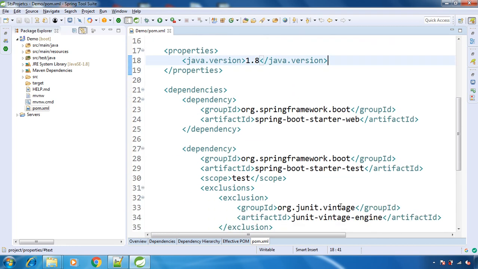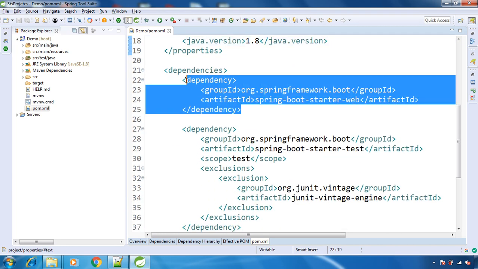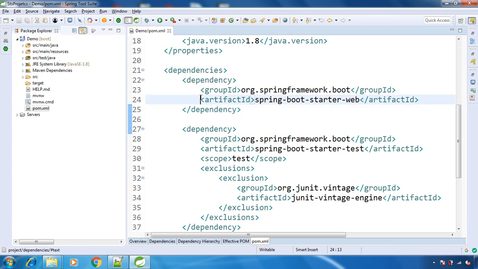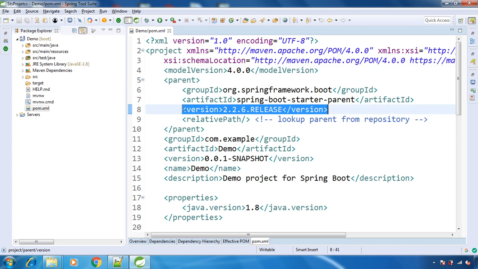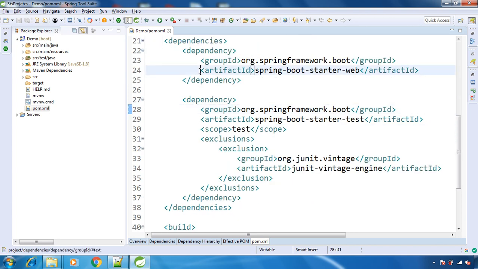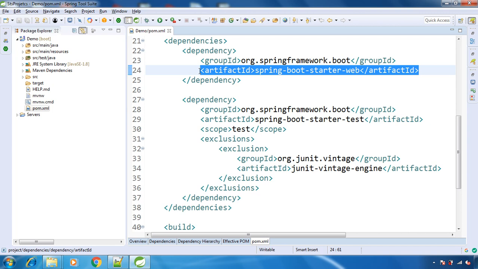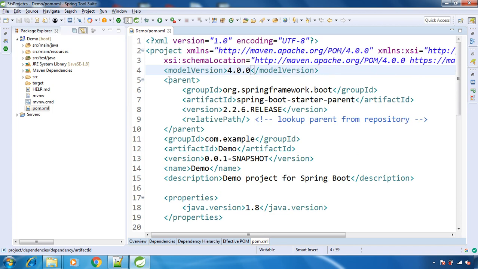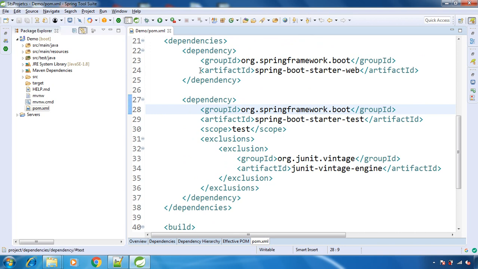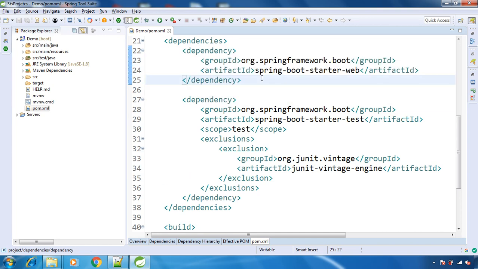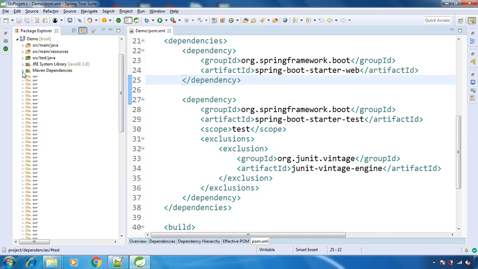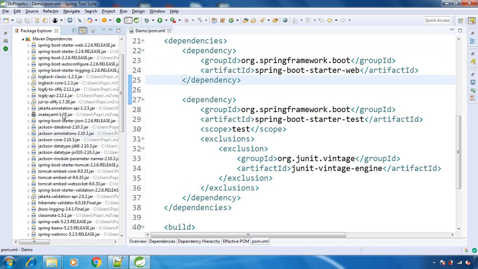And if we go down, we have our Spring Web dependency. Here we haven't defined any version for it. Whatever version we define for our Spring Boot, according to that, the same or a compatible version will be used here. We can define a version here as well, but mostly we will not define the version while adding dependencies. And if you open the Maven dependencies, we have a lot of dependencies here.